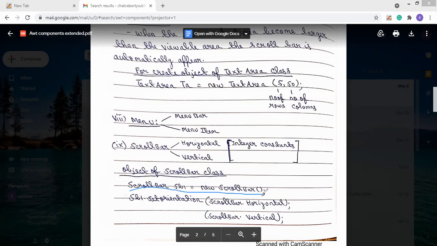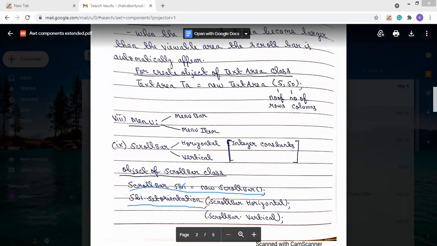After the scroll bar class object is created, through this object we use the setOrientation method. This method sets the orientation of the scroll bar, meaning the position or the look of the scroll bar.